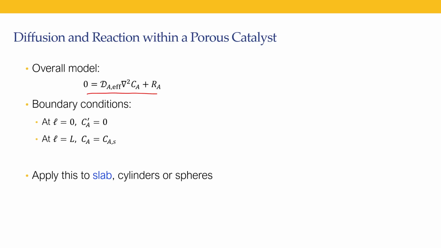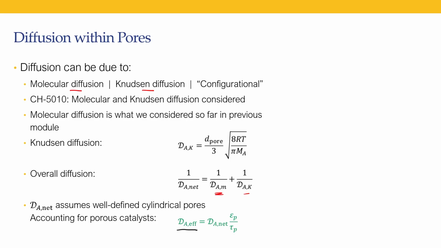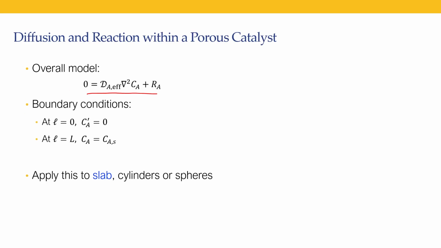There's actually a third assumption also, because the overall equation is like this, right? So diffusivity does not change with location. That's also an assumption, but that's usually reasonably true. You're unlikely to get either D_AM or D_AK to change with the location within the pore. But if it does, then you have del D del C_A. That's the expression to use. But for the most part, even in research, we have not had to use del dot del. Okay. Now,